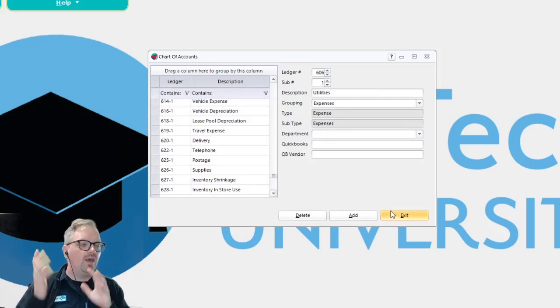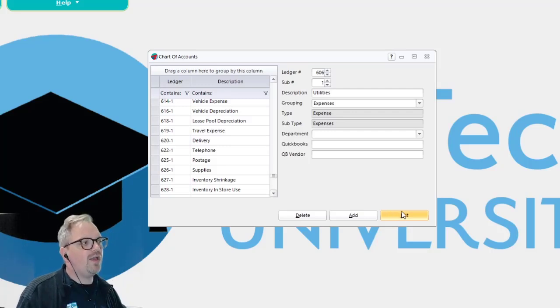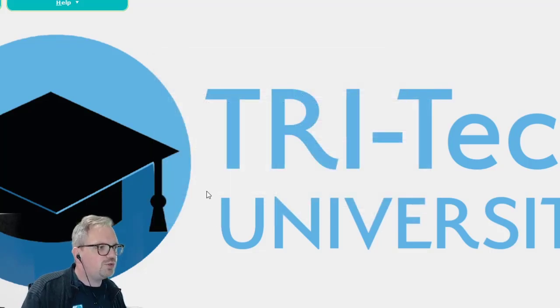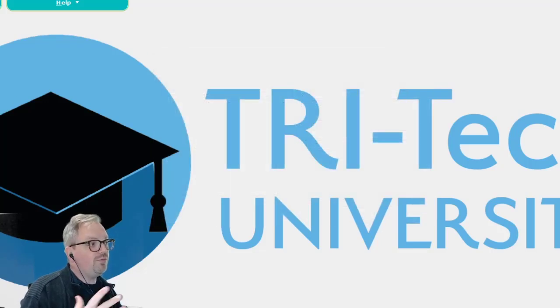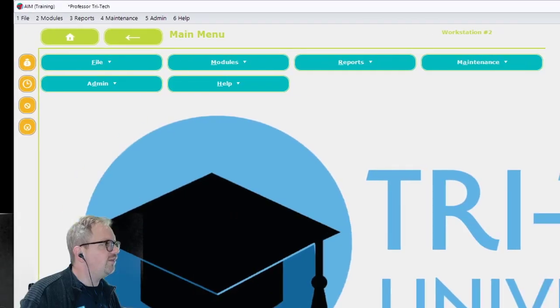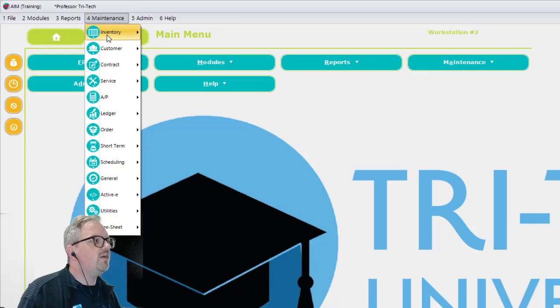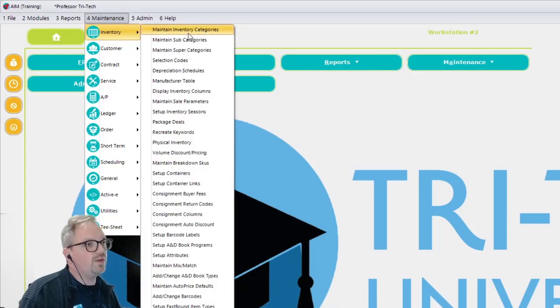So like I was saying, this will segue into how AIM, the rest of AIM, interacts with your general ledger. Throughout the system are a number of what are called categories. So let me just kind of bring this back up to the top. In fact, let me do this. Let's kind of turn this mode off so that way you can kind of see these edits as I do them live. So if we go and take a look, for example, in your inventory categories,